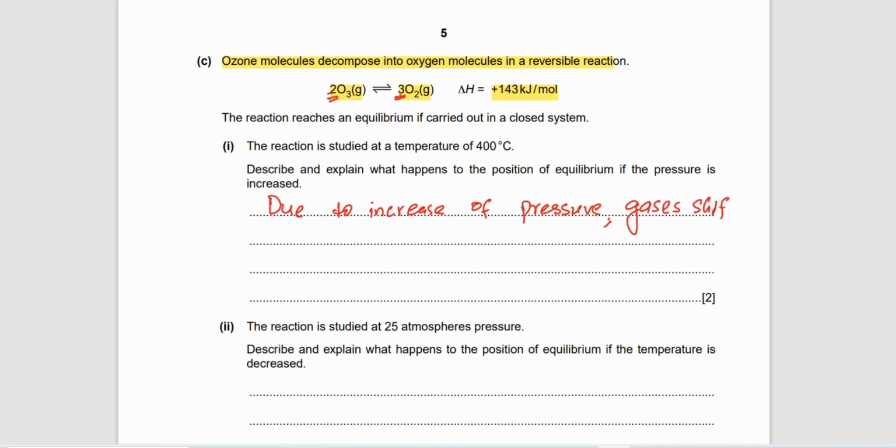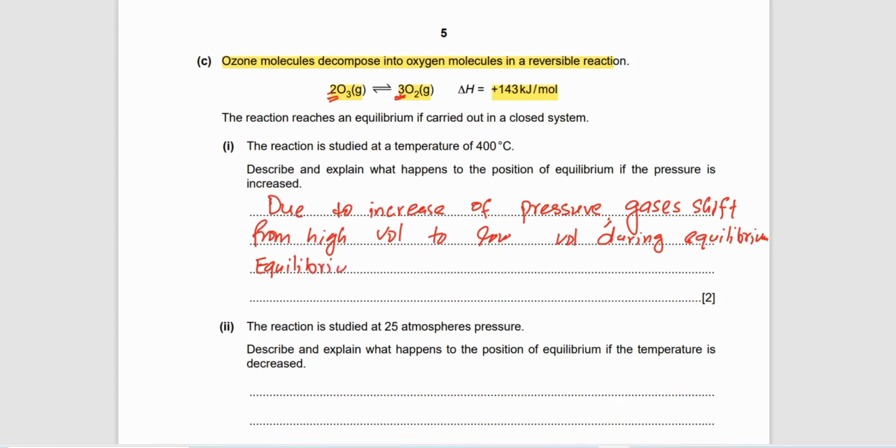Gases shift from high volume to low volume during equilibrium. I have taught you this in Le Chatelier's principle. So what will happen over here? The equilibrium will shift towards the, this is the right and this is the left,